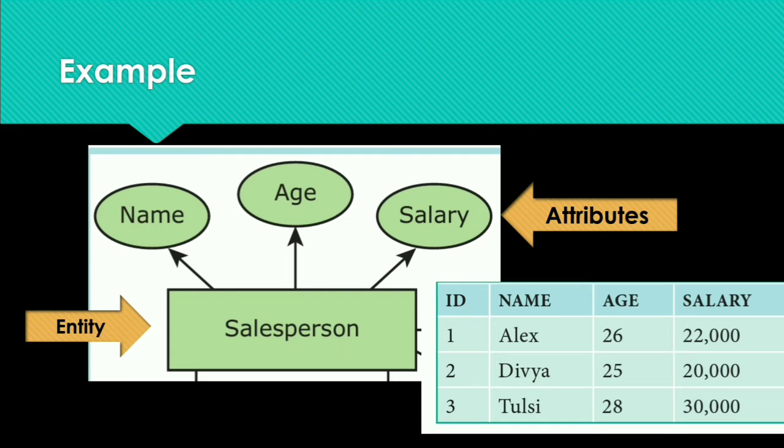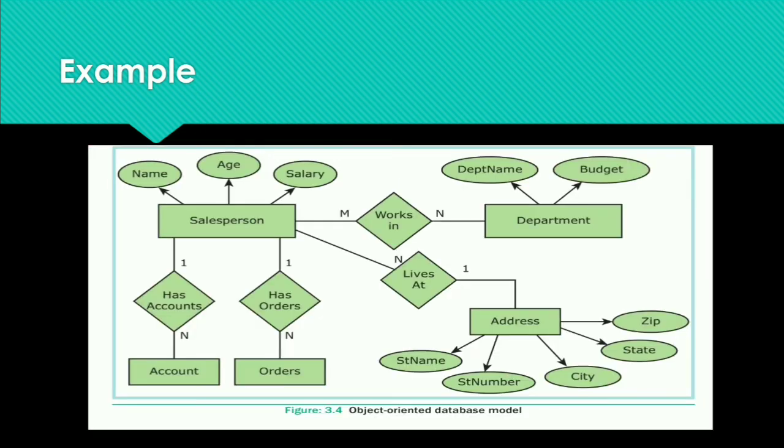Now let's go back to the main picture to see a few more things. Okay, now here we do have a diamond shape box. This is mentioning the relationship between one table and the other, that is one entity to the other entity. Already we have seen about relationships, that is one to one, one to many and many to many. That is what is mentioned here. So we do have almost 4 tables and their columns are also mentioned. That's all about the object oriented database model.